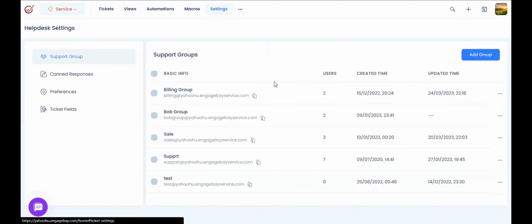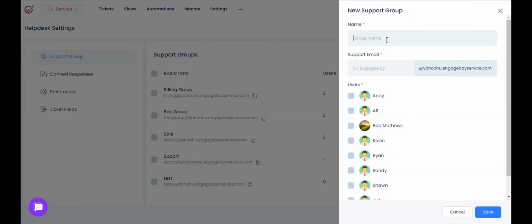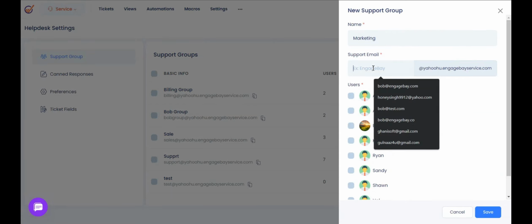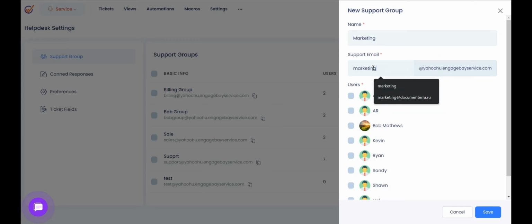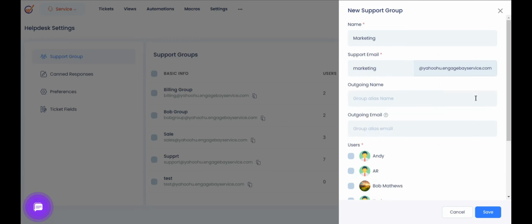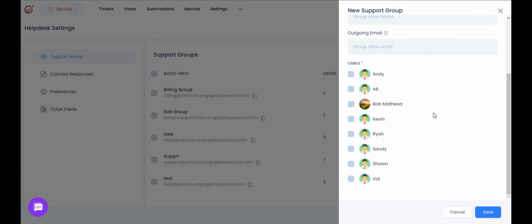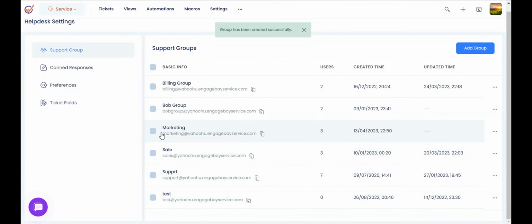How to create a group? You just go to the Settings tab here. Then you choose to create a group. You give it a name. Let's say you want to call it support, marketing, or sales. Just give it a name and then choose the first part of the email, the domain. So let's say you want to use this, and then which users need to be part of that group. You can choose them. Once you save, it gets saved